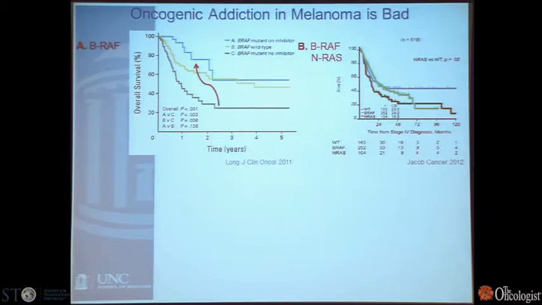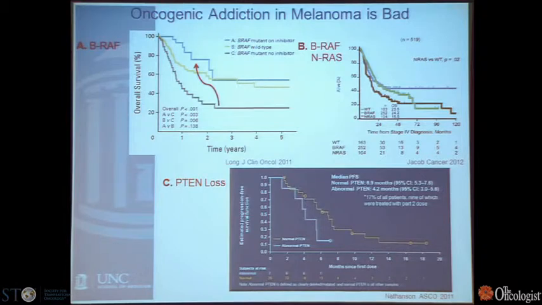Similar to these data, you then have these data where the investigators, in addition, genotyped patients for the N-RAS mutation. And as you can see again, the N-RAS mutant patients did much worse compared to the rest, the wild type or the B-RAF patients. And this is trying to predict and make prognosis based on a single gene mutation. So what happens if you have 2 or 3 or 4 more genes? We do not know yet, but an early